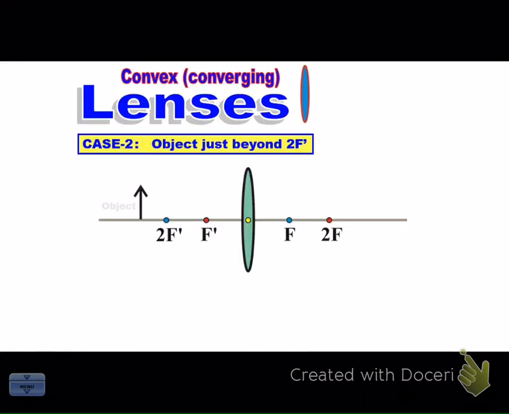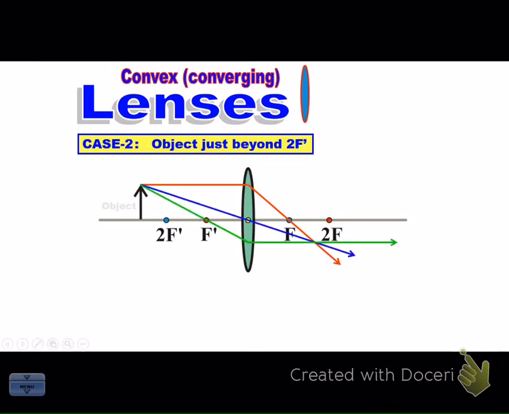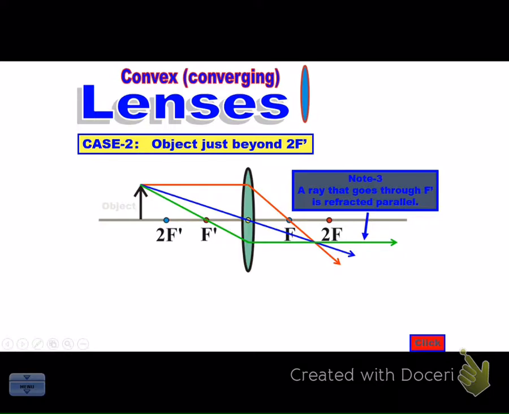All right, let's go to the next type. This time we're going to put our object out beyond the center of curvature. That's 2f prime there. That's the center of curvature still. We're going to have our first ray pass through, so let's trace it. The red line here, over and down through the focal length. The second one would pass straight through the center of the lens. And then the third ray here through the focal point, hit the surface of the lens, and then come out parallel. So remember, we have to have 2 parallels, one parallel in, one parallel out, as we do our ray diagrams. These 3 cross here,